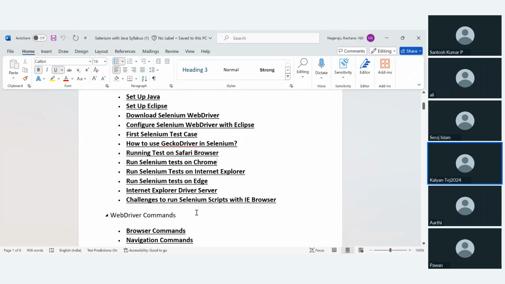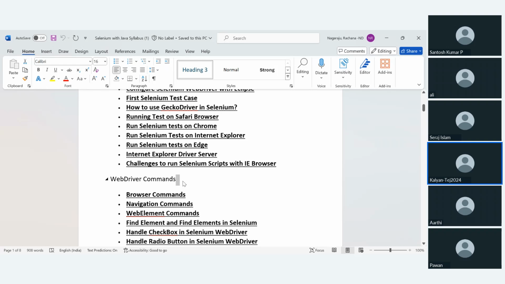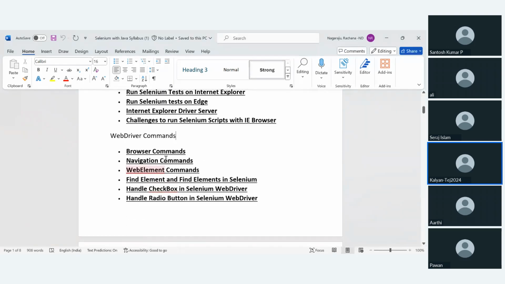Okay. So yes, then followed by Selenium's inbuilt commands. In order to write the test scripts, we should know the basic commands, like what the WebDriver offers. If there are people who don't know what WebDriver is or what commands are available in it, everything will be covered here. Okay. So yes, the browser commands and the navigation commands. The browser commands are nothing but how the user can navigate from one browser to another. Okay. So we'll be learning some of the commands which are available in the Selenium WebDriver,